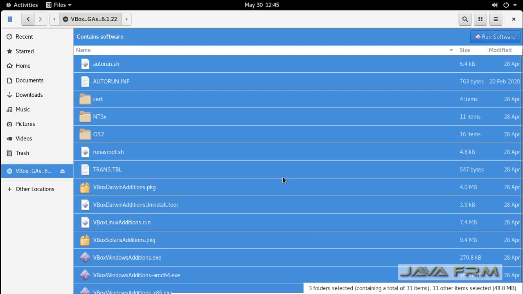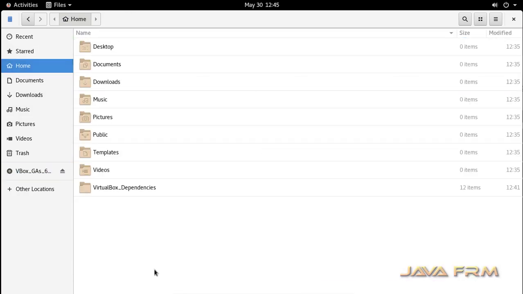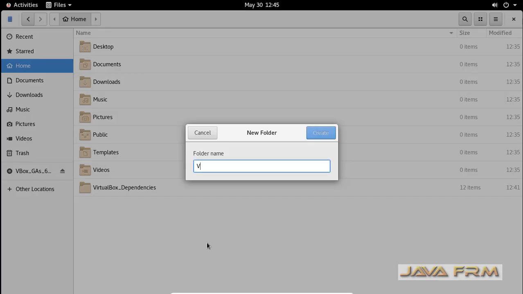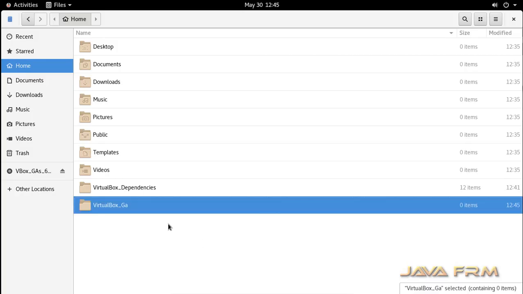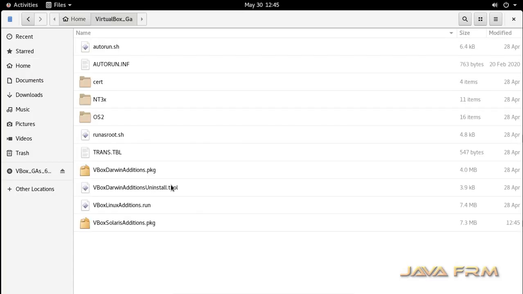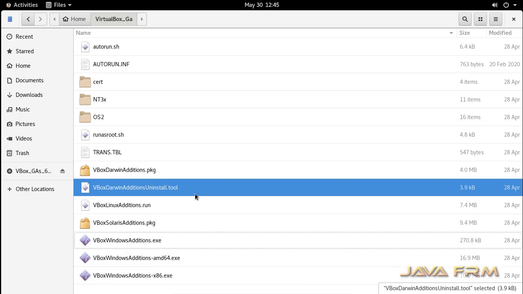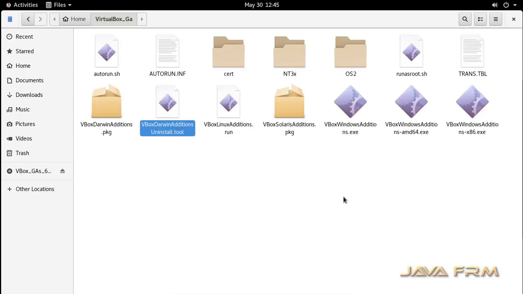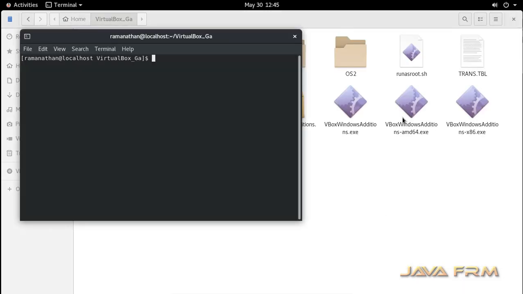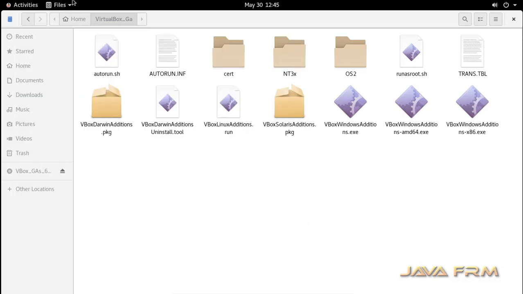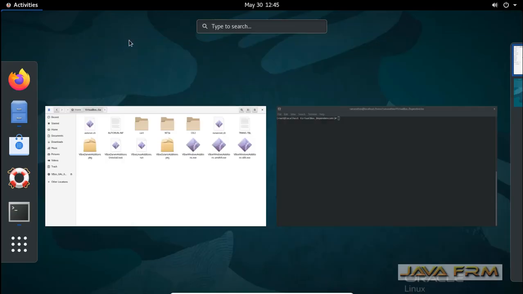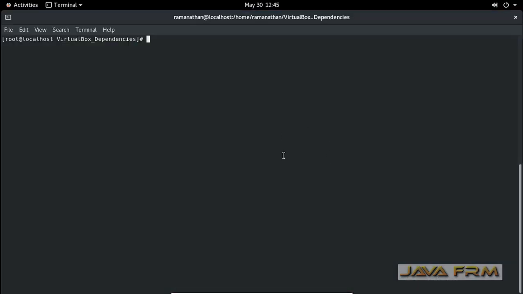I am going to copy this VirtualBox Guest Additions software locally to one directory. I am creating one directory and copying the contents here. Why am I doing this? Because previously we had some permission issues while installing directly from the DVD. The terminal is already open here.